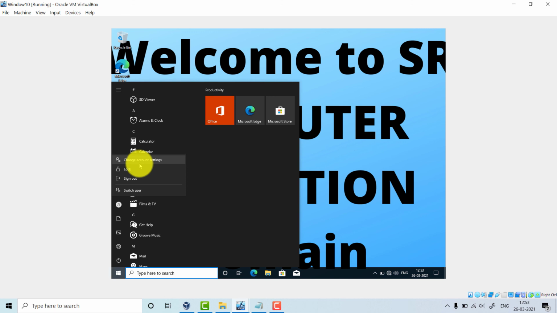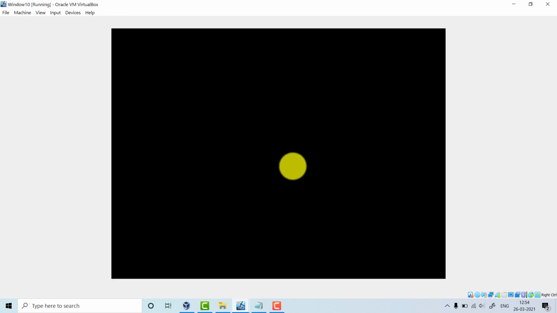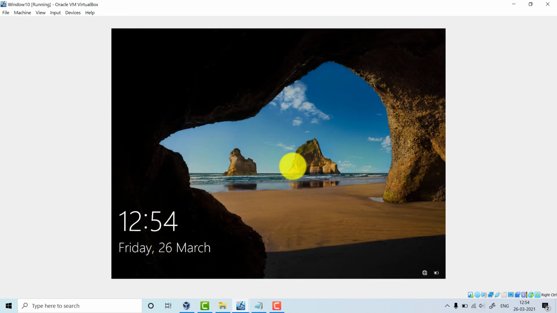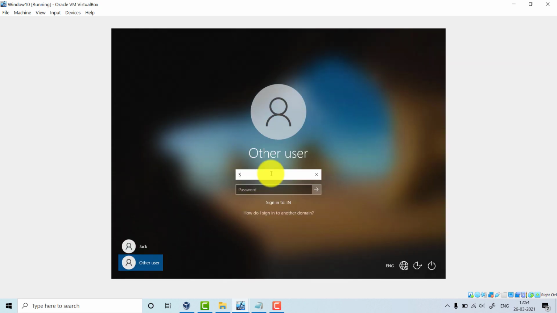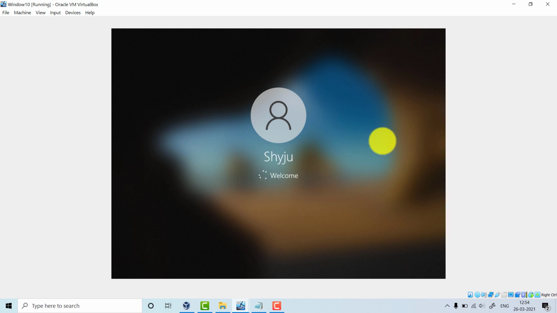Previously we had a black screen, a wallpaper by Shaiju. So let us check whether it has been applied to the Shaiju user also. Go to other, then Shaiju, and give the password.